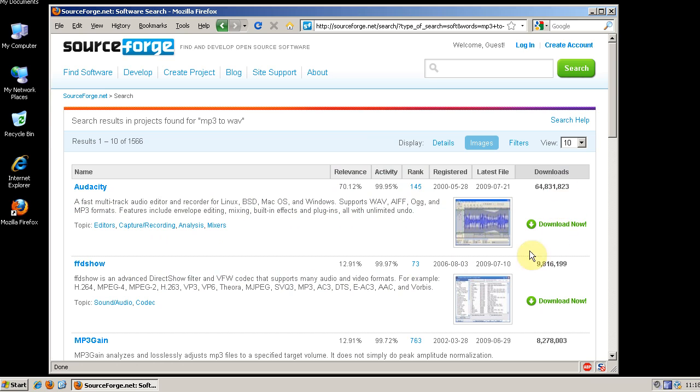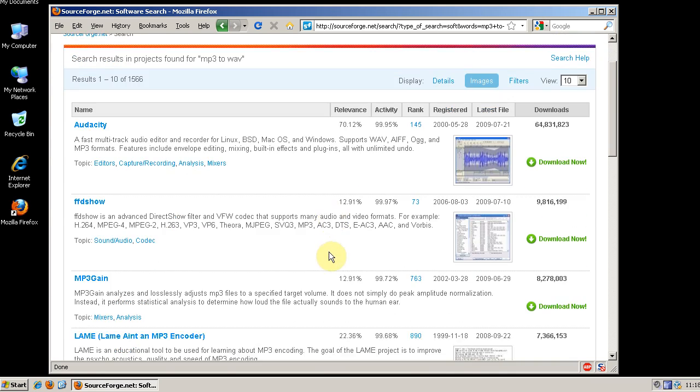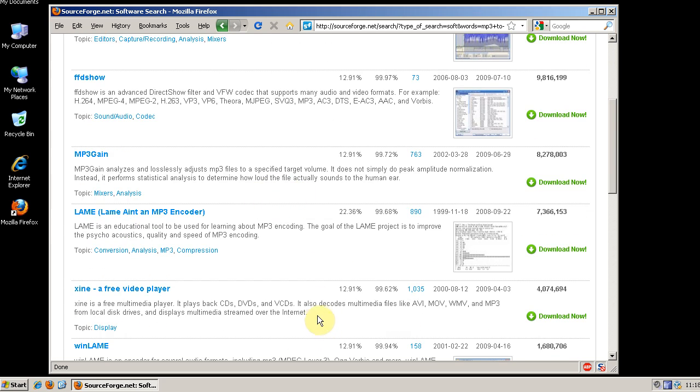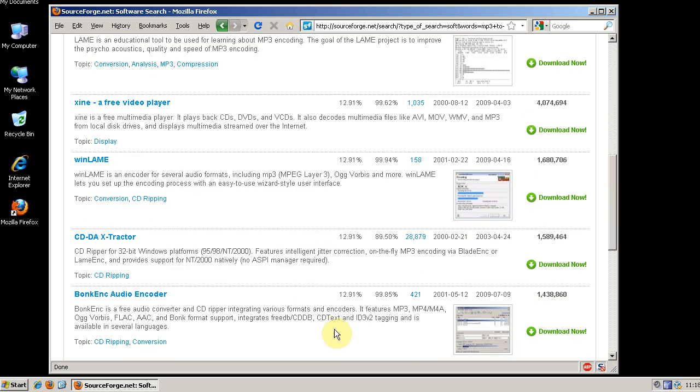But even if you find something on SourceForge and you're still unsure about it, ask someone who is a computer expert, namely myself, if the program has a good reputation, and do some research. You have to remember that anything you install on your computer has full access to everything on your computer.